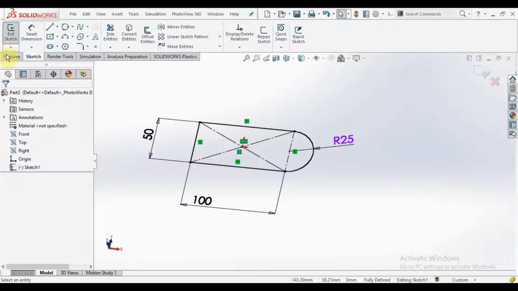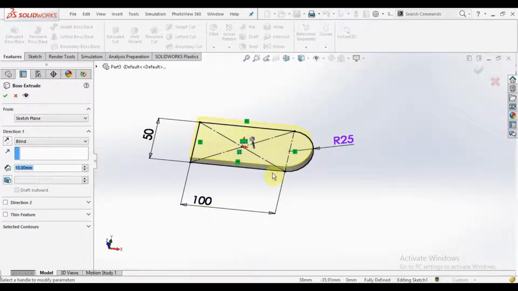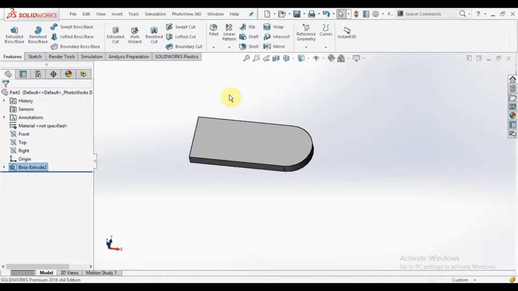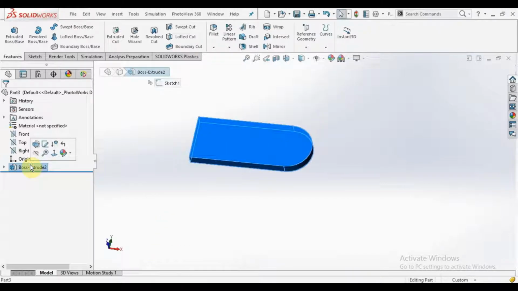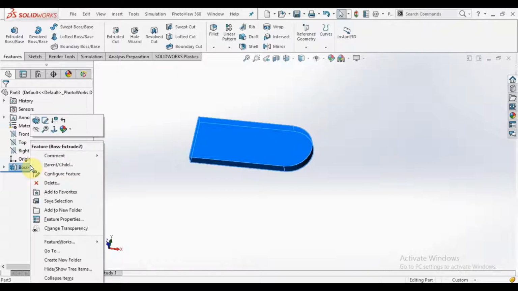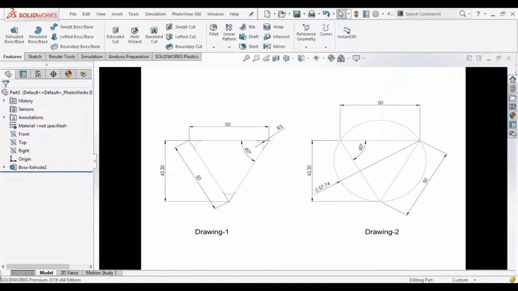Now if you select extrude, it will automatically show you how much depth or how much thickness you want. Here you can see there is nothing in select contour, because we don't have two contours, we have a single sketch. For every extrude or every 3D object you must have a closed contour. Okay, so this is our sketch tutorial, and I hope you understand. And now it's practice time at your home.